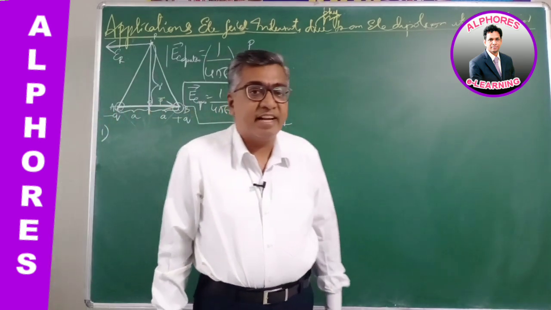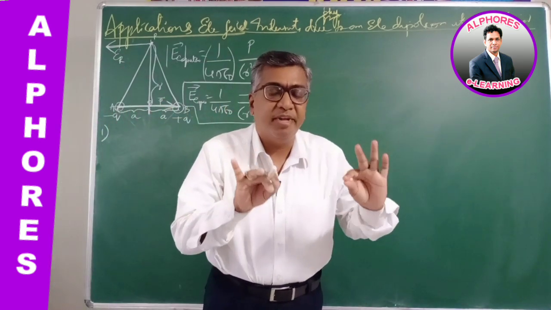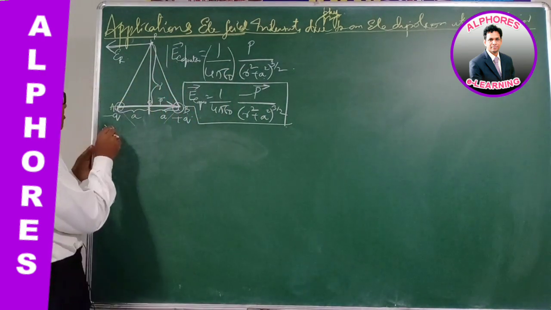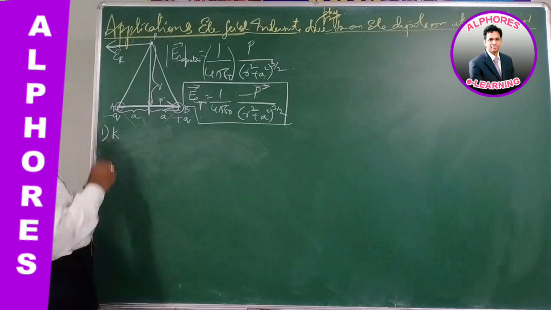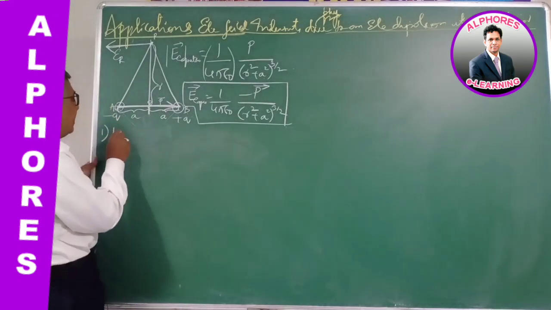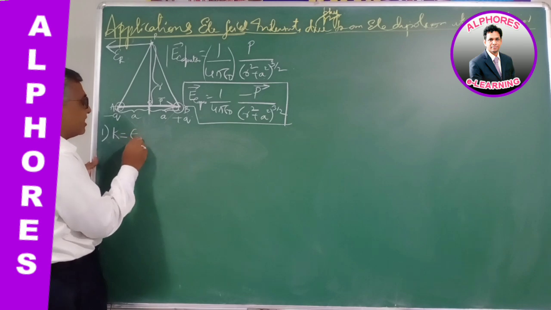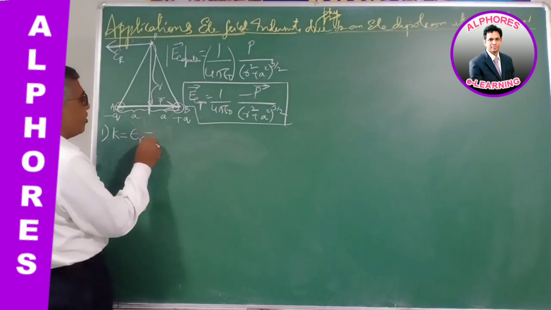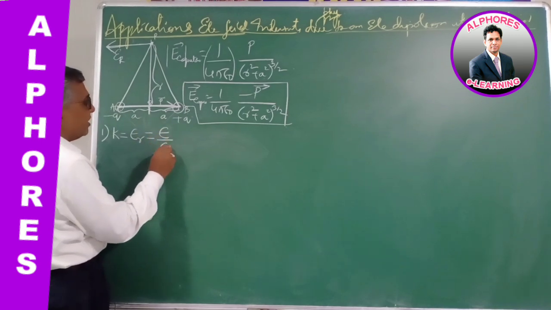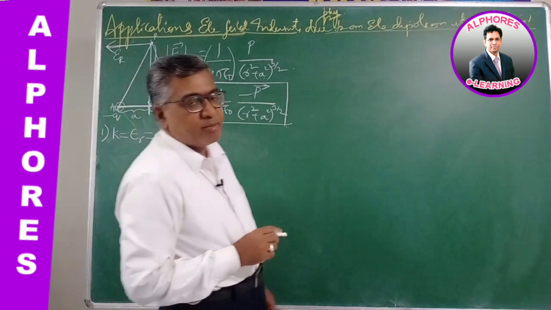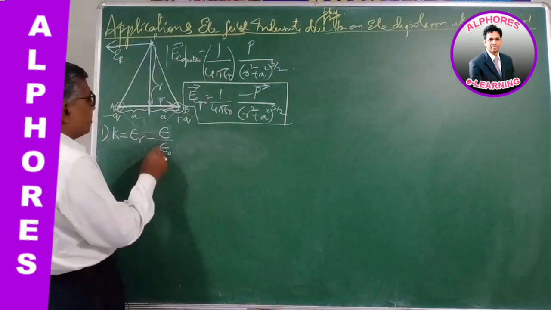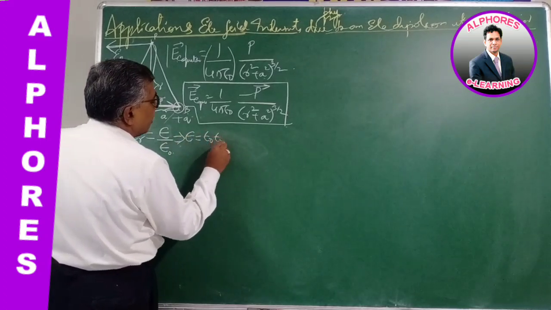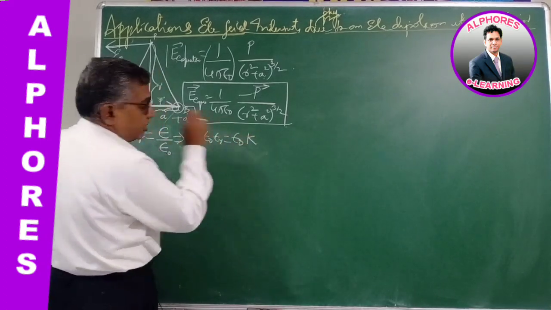Suppose this electric dipole is placed in a medium instead of air, a medium of dielectric constant K. You know, I was telling you, dielectric constant or specific inductivity or relative permittivity is the ratio of the electrical permittivity of the medium to the absolute electrical permittivity of free space. So cross multiplying, epsilon is equal to epsilon naught epsilon r, or epsilon naught K.